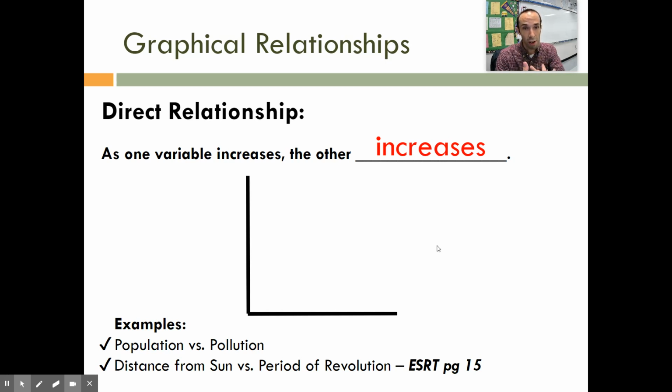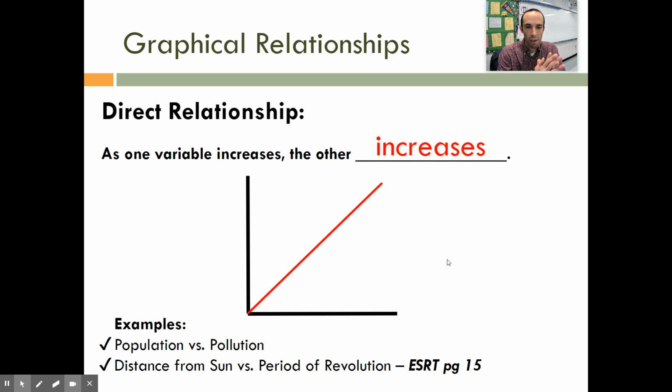So a direct relationship. As one variable is increasing, the other one is also increasing. And on a graph, what you would see is something that looks like this, where you have a positive slope, something sloping upward like that. It might have a little bit of a curve to it, but you can see that it's directly related, right? One's going up, the other one's going up. So a good example of this would be